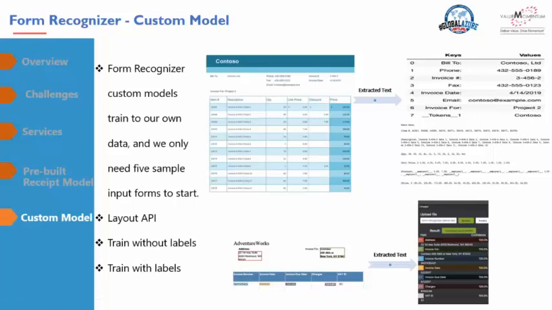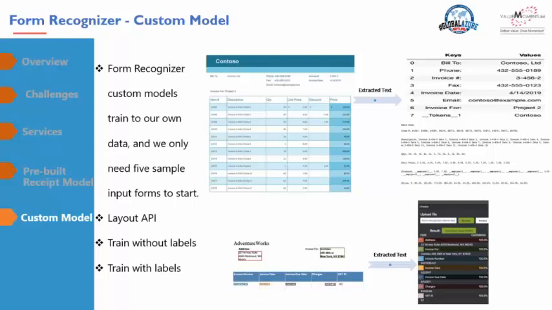I would say with both the models you can start with just one form. In the pre-built model, you just need to send it and you get the result back. In the train model, the training happens on the forms that you provide, be it one or more than one, but it's customized or tailored to that form. The learning happens, the model is built on that. Whereas with the pre-built, you just need to accept what the service gives you.